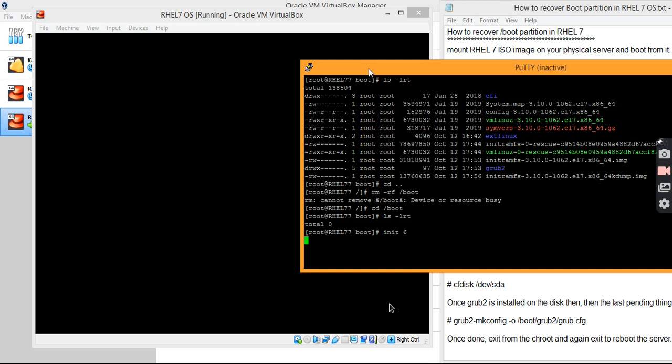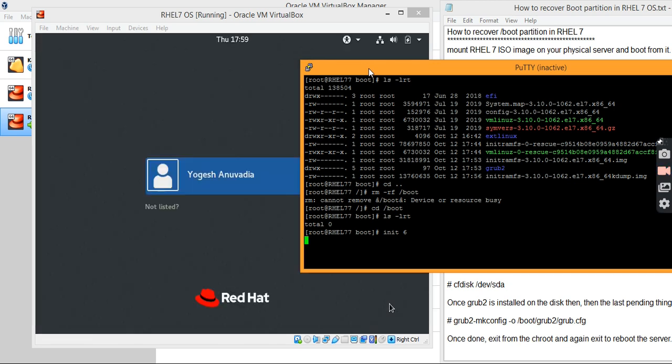The issue has been fixed. We have successfully troubleshooted this boot partition recovery. So you can see I got the login prompt.